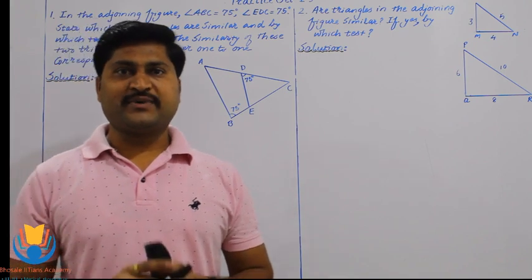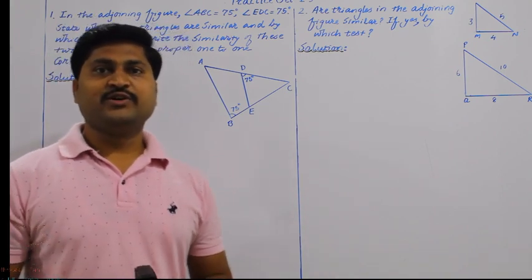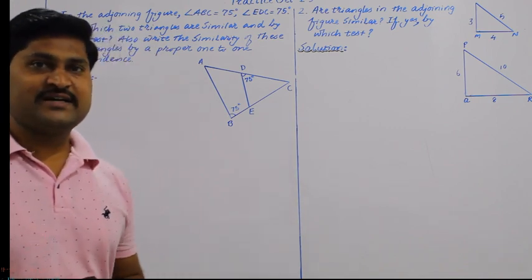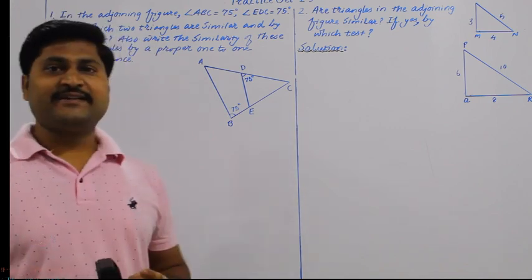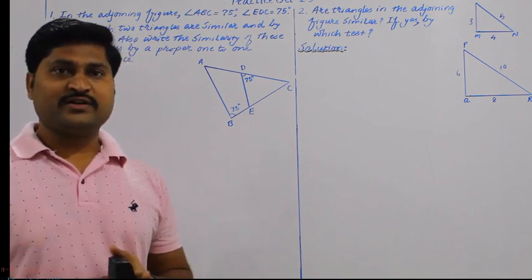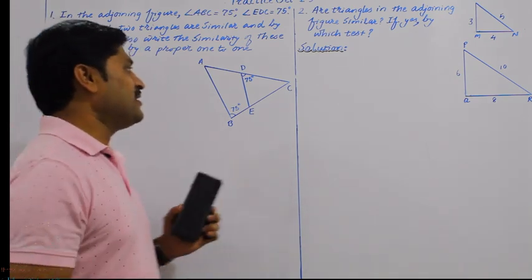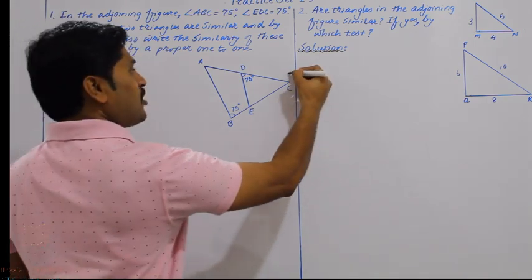Today we are going to start practice set 1.3 of this similarity. So in the first question we have to write the name of the triangles which are similar in the diagram. Second thing we have to write the name of the test, and third thing we have to write the one-to-one correspondence of their vertices. For that you can see here in the diagram, this vertex C is common for both,